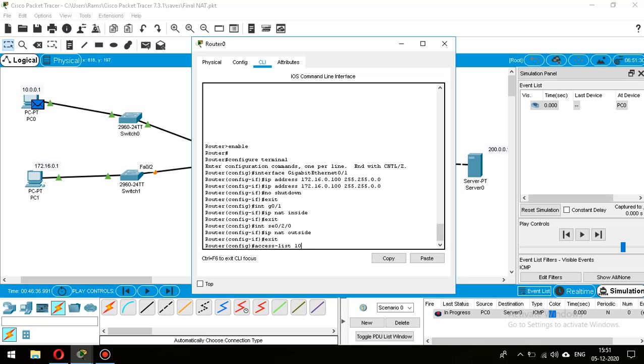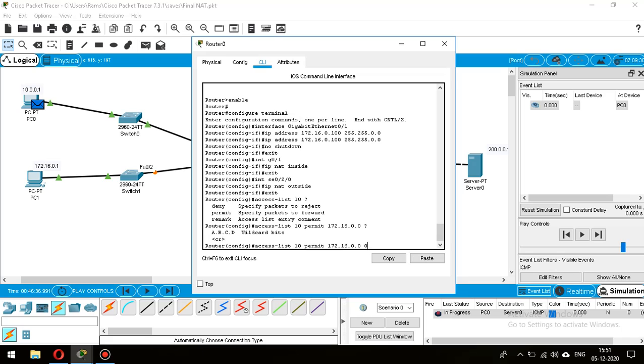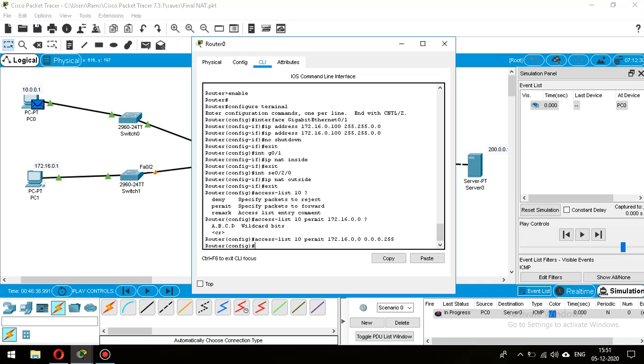Let's create ACL number 10, permit 172.16.0.1, 255, wildcard bits 0.0.0.255. Yes, access list done,